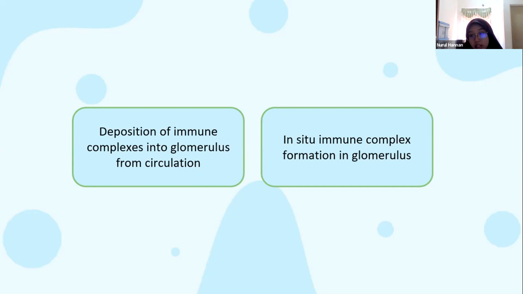Therefore, it will increase the permeability of the capillary walls, and red blood cells and protein can exit. So therefore, the patient can present with hematuria and proteinuria. At the same time there will be increased cell proliferation, so the increased glomerular cellularity will restrict the glomerular blood flow. So the glomerular filtration rate will decrease. So it will lead to reduced urine output and fluid retention, and can present with hypertension and also pulmonary